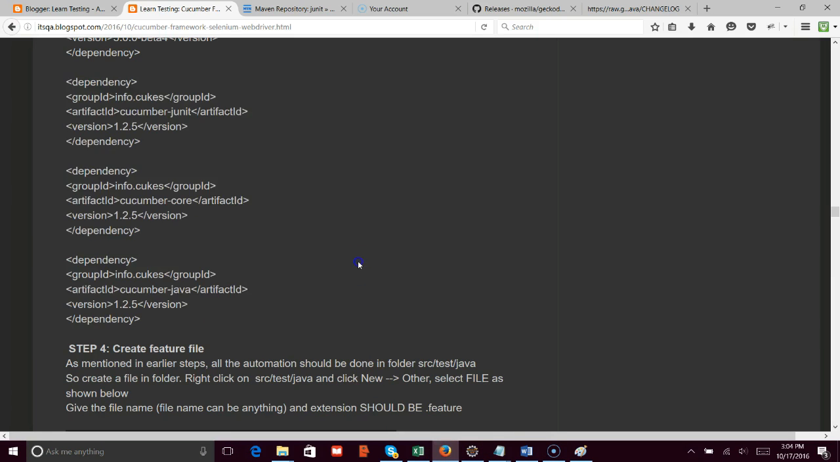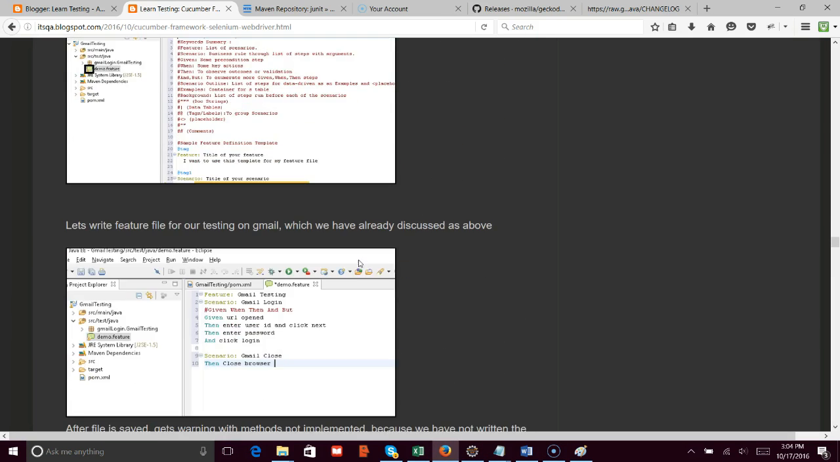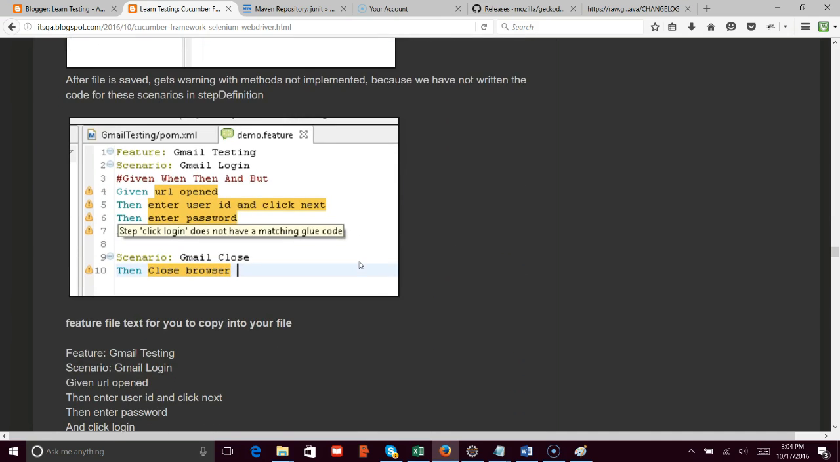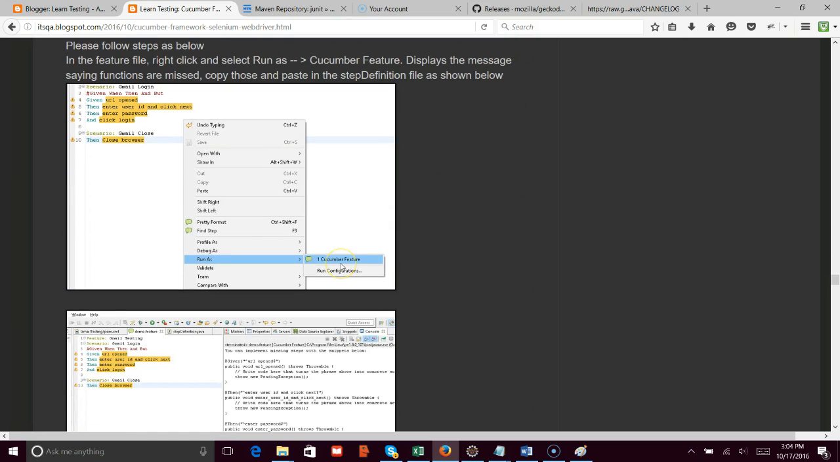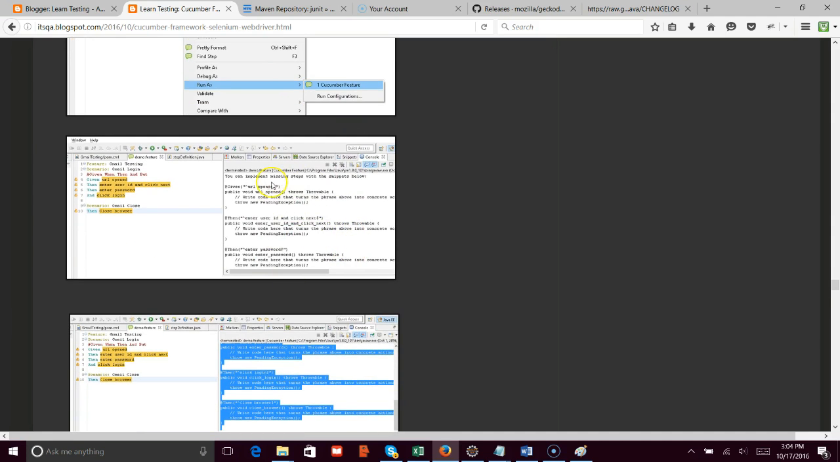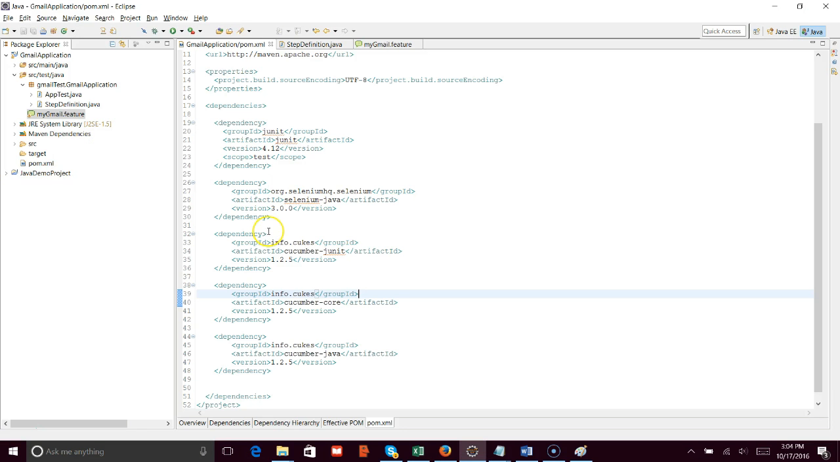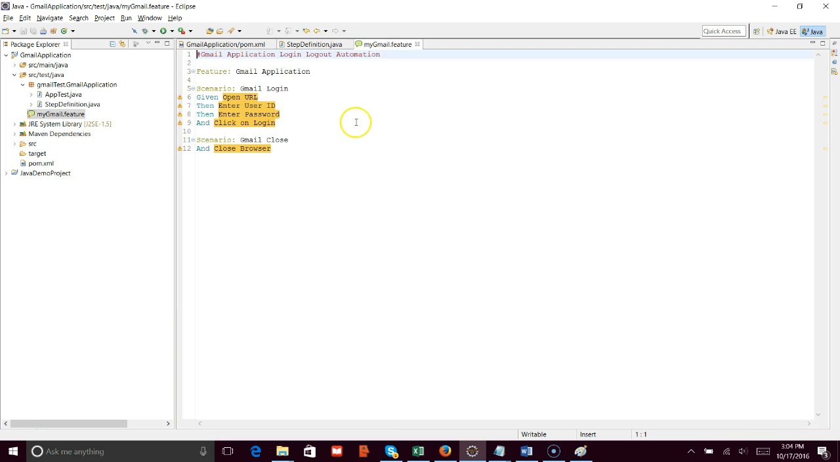So yeah, let me go back here. See, I have mentioned it here. So basically what you can do is whatever you have here, just right click and run as a Cucumber feature. Then you will be displayed with these methods which are missing here. So first let me check why these are not displayed. We have feature, we have scenario, we have Gmail close, and